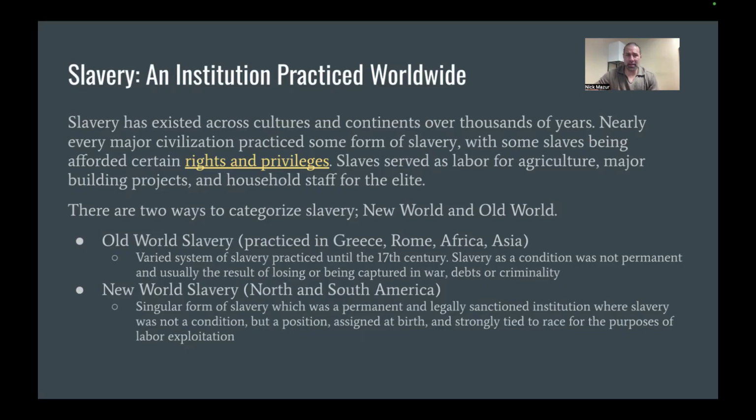But the important thing to know about Old World slavery is that it wasn't practiced in a way that it was determinative, right? You weren't born a slave. A person became a slave usually because of just bad luck, right? Debts. They became captured in war. They're sold into slavery to pay off a debt that maybe the family owes. And because the condition of slavery was something that technically anybody could fall into, if you fell on hard times, if your city is captured in war, even if you were somebody of status, you could still become a slave.